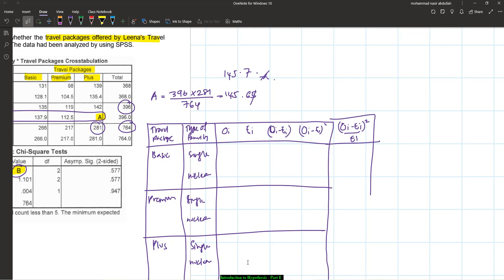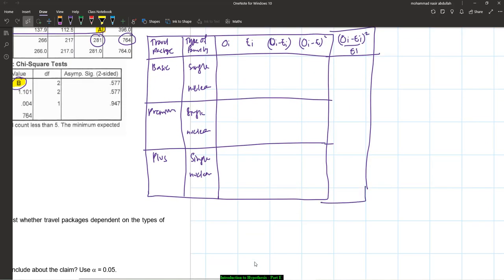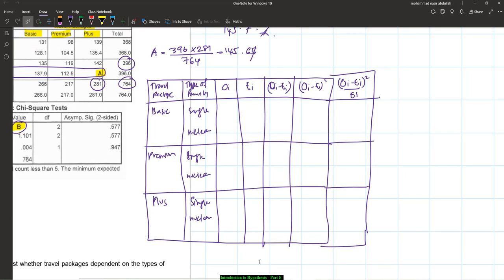So then baru kita boleh cari what we call the total value, right? So it's easy to key in now, right? This is 131, 135, 98, 119, 139, 142, and this one should be 128.1,